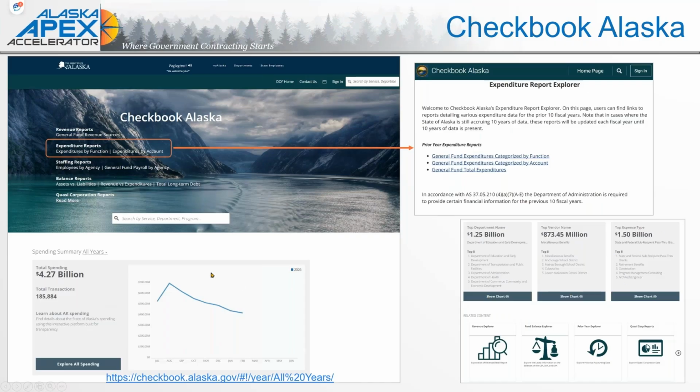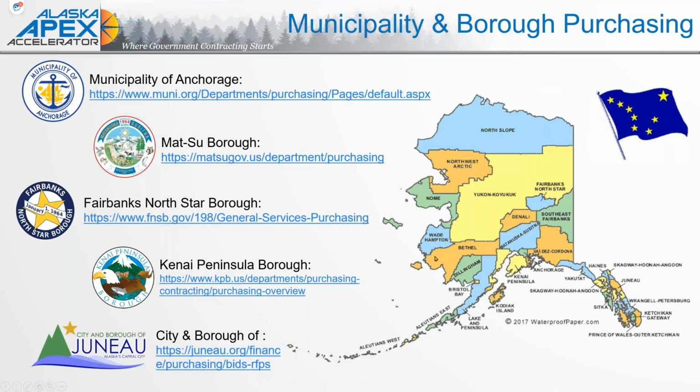That was just at the bottom of this page here. So again, checkbook.alaska.gov, find that information. So we can do some research to find out where the state is spending. That is nice. Now, on a state level, fantastic, but let's talk about our SLED, as we call it here,